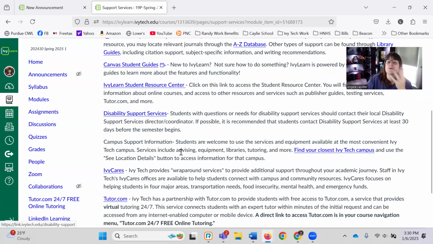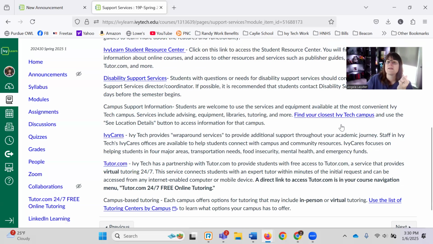Your disability support services, finding your closest Ivy Tech campus if you need to go, and Ivy Cares are available to you, helping students in four major areas: transportation needs, food insecurity, mental health, and emergency funds. So please, if you need help, reach out to them. That's what they're there for.